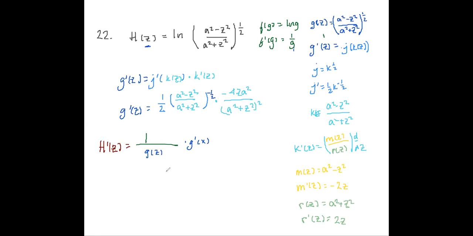So this is going to end up being, I'm going to write it 1 over something to the 1/2 is equal to that thing to the negative 1/2, right? Like if I have 1 over x squared, that is equal to x to the negative 2. So in that same line of thought, I'm going to write down this as a squared minus c squared over a squared plus c squared to the negative 1/2. That negative is going to come from this green